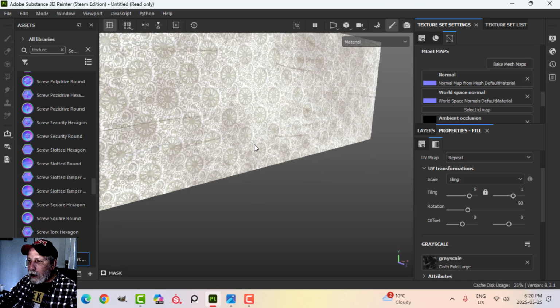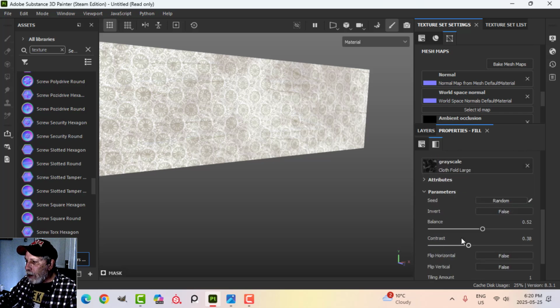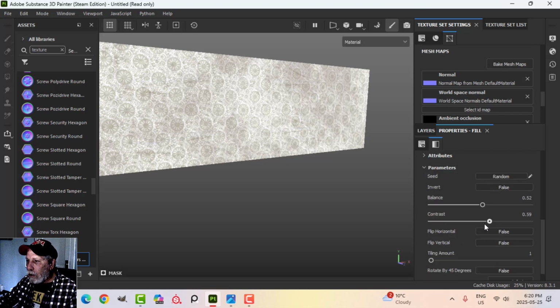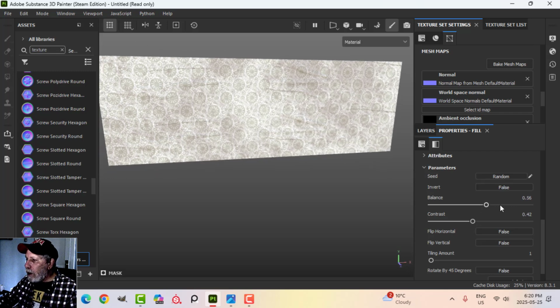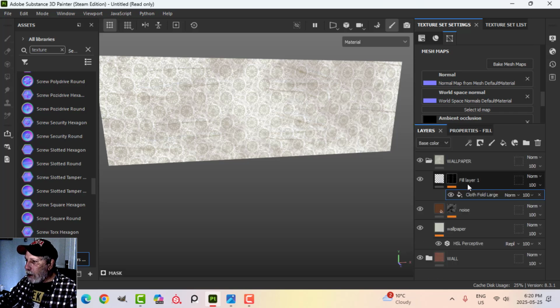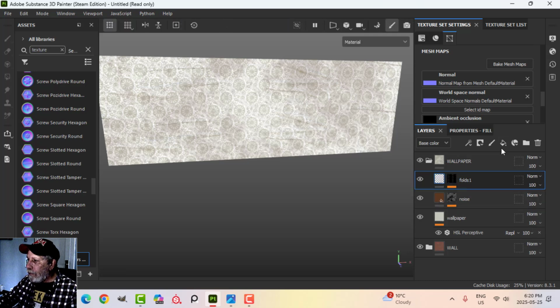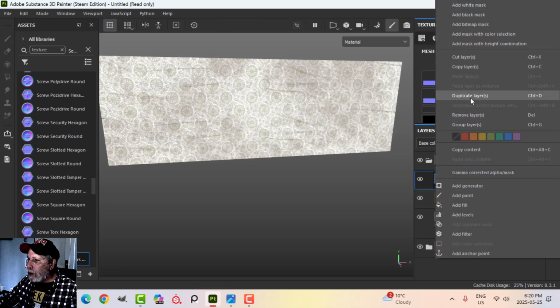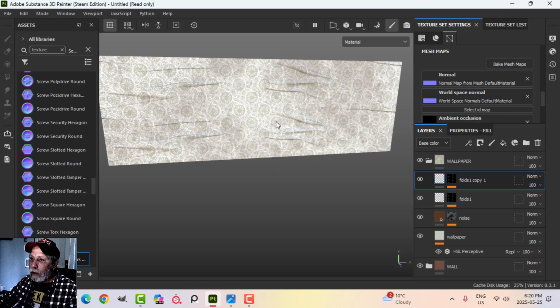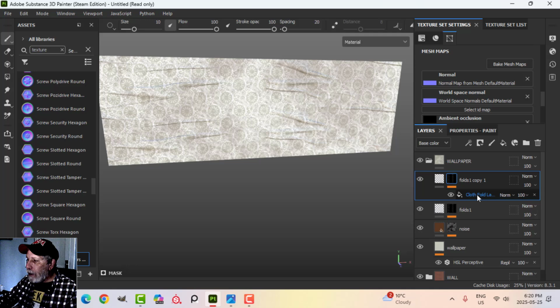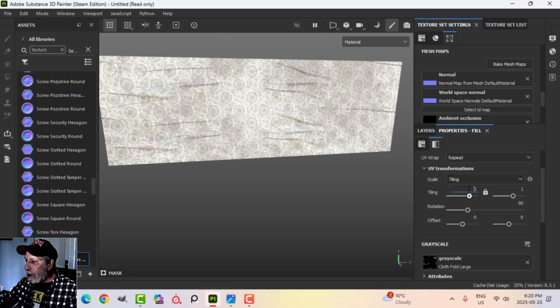So now we're starting to see something happen here. And if I play with the balance and the contrast, you'll get other effects. So we'll start with something like that. Okay, so this is going to be folds 1, and I'll do another one. All right, so I could probably just start by duplicating this one, and of course you can duplicate things if you want a more exaggerated effect. But I'm going to come in here and just rotate this, say 15, and tile it less than that, maybe even just 1,